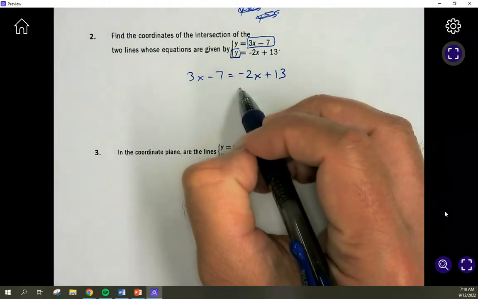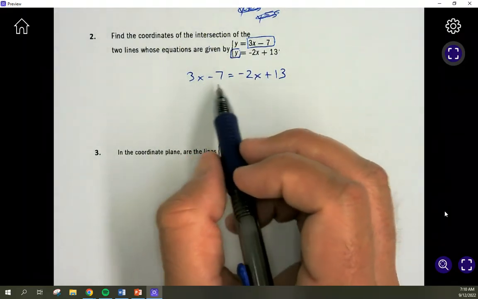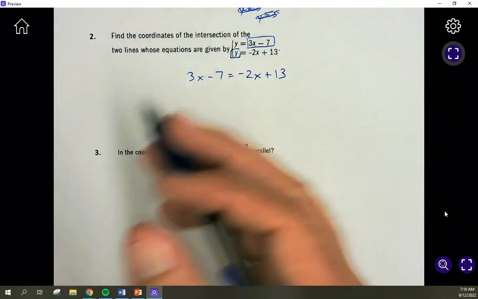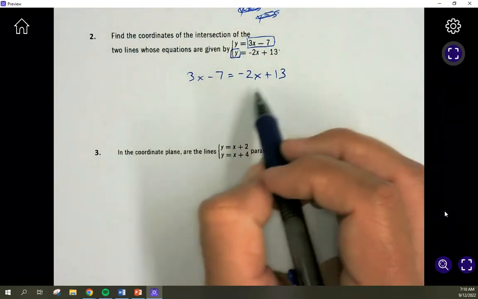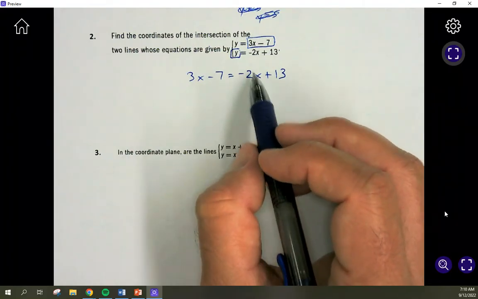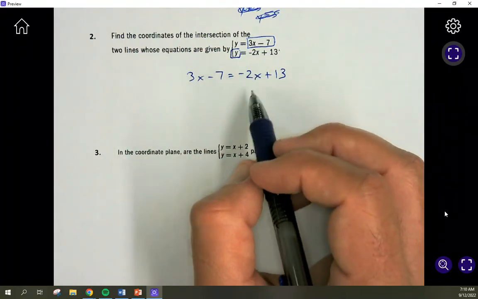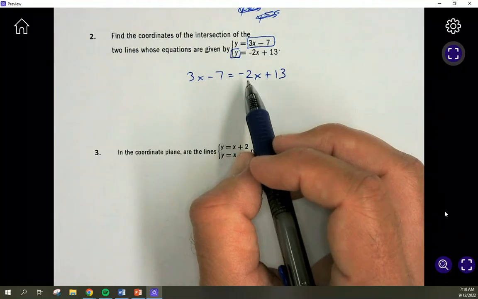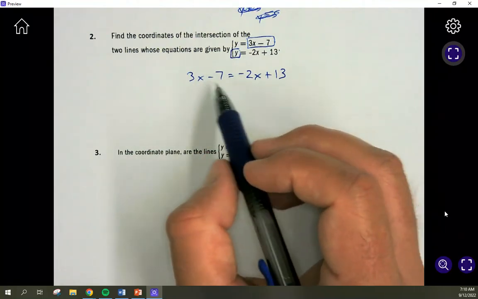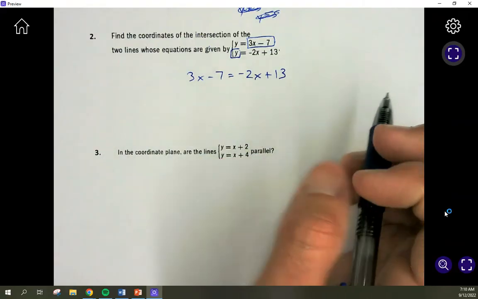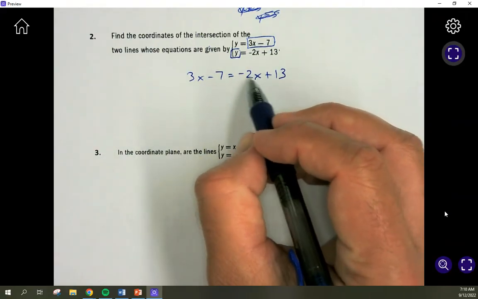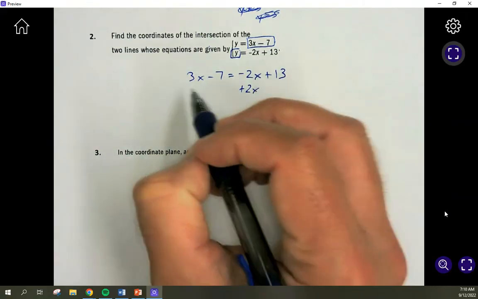Okay, all I gotta do is solve this equation. Now when you have an x on both sides, you can eliminate it either way. You could minus 3x from both sides, or you could add 2x since it's negative. I would say the best rule of thumb here is to get rid of the smaller of the two coefficients, and that will always keep your equations positive more often than not. So since this is a negative 2, I'm going to add 2x